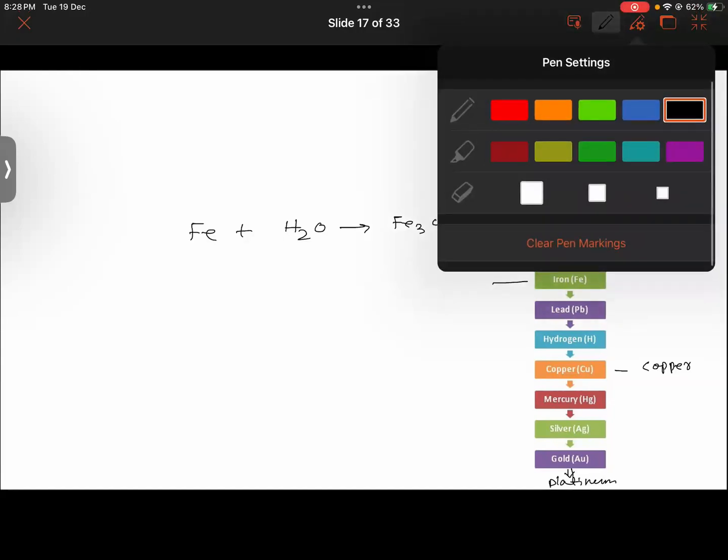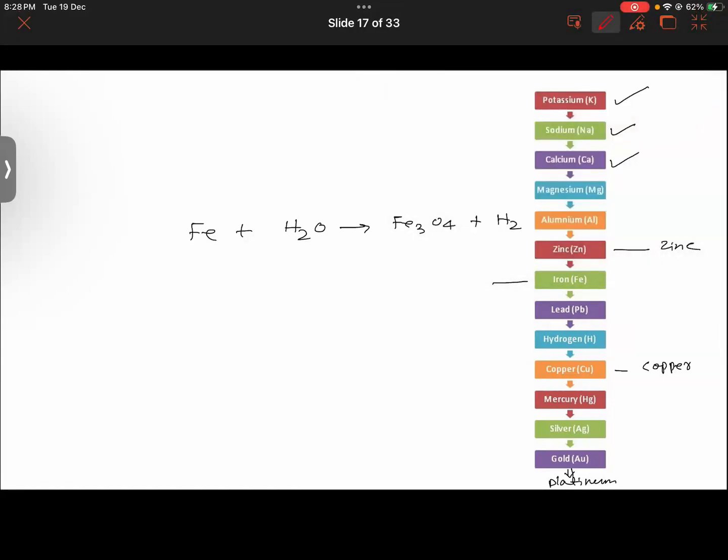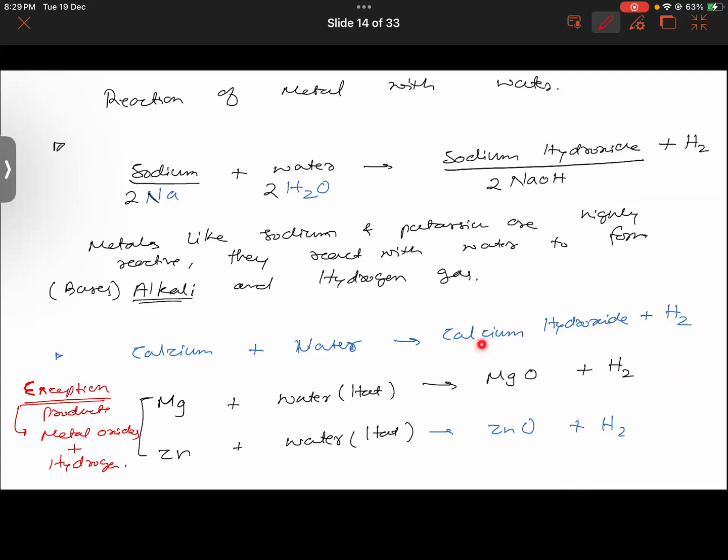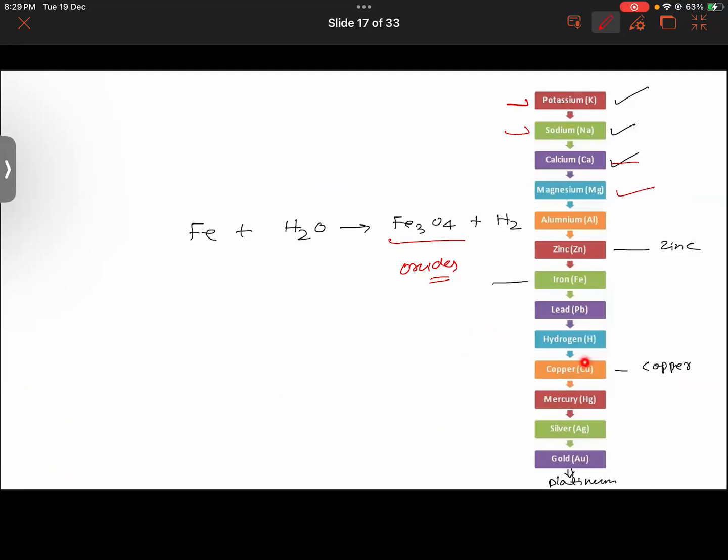By the way, name three such metals that will be forming oxides of metals and not bases. Potassium, sodium, they will be forming bases. We are talking about oxides. Magnesium and calcium? No, calcium also forms a base. See over here, calcium hydroxide, that is a base. So copper. Copper is there. Okay. In fact, examples like